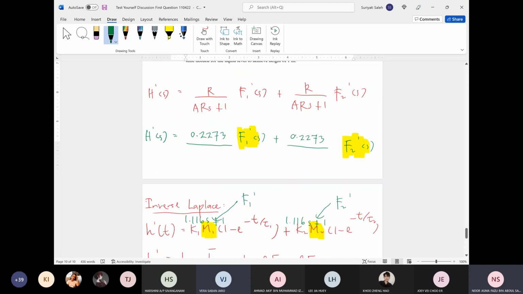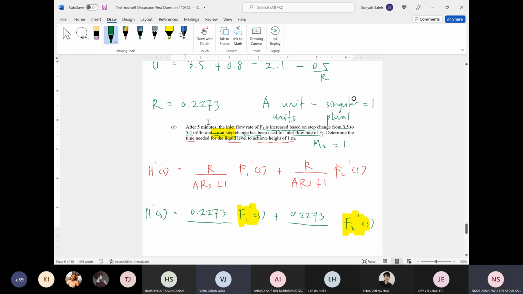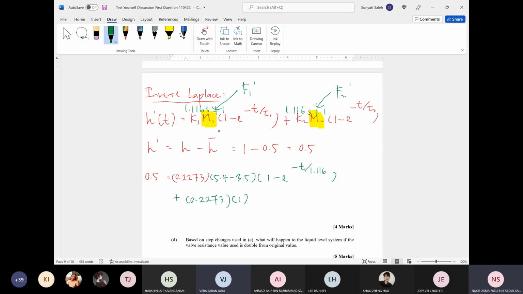Let's say in the question, it does not state a unit. It just mentions the units like this. Then because it's plural, you can assume anything as long as it's not 1 or 0. So you can assume m equal to 2, m equal to 5, and m equal to 10, for example. So this is a thing that you need to be very careful about. Here the question gives you a unit. So a unit refers to the 1. So M2 equal to 1. Then the remaining 1 minus exponent negative t